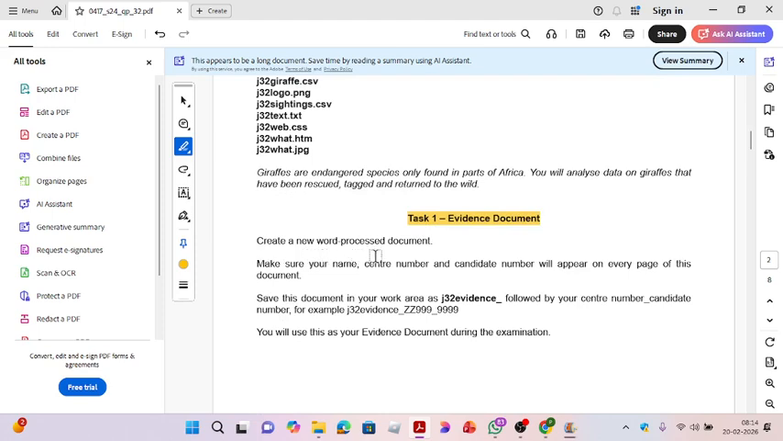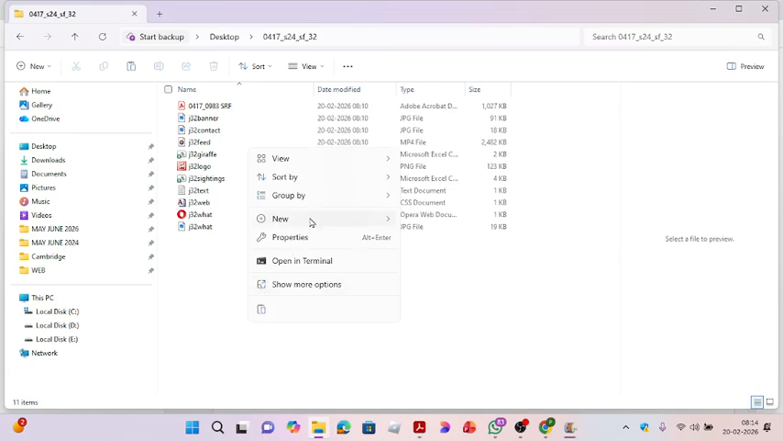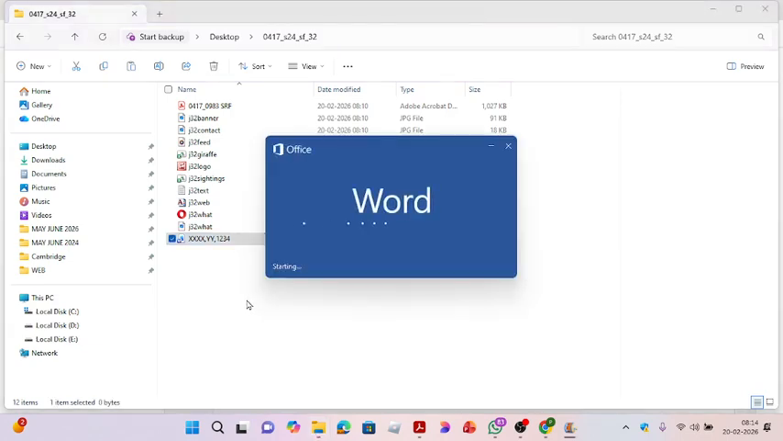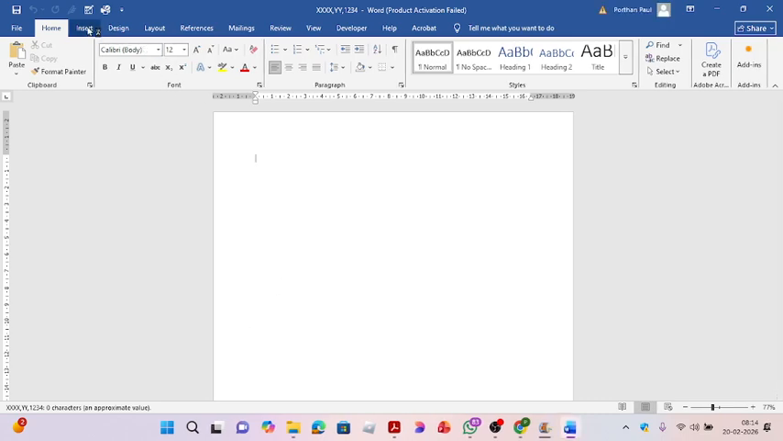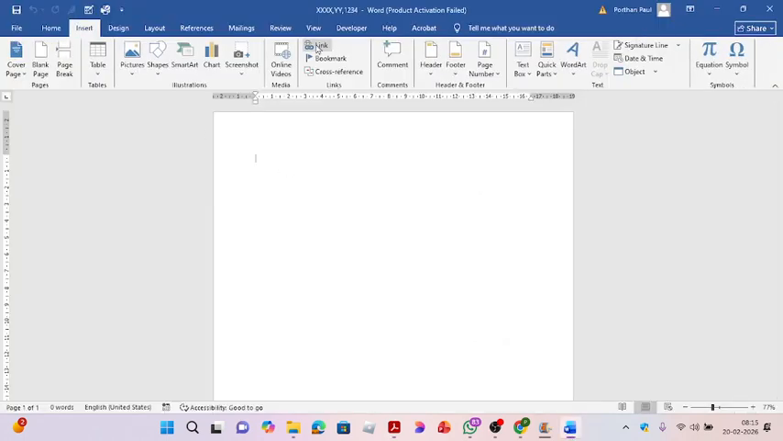Create a new word process document. So go to your folder, right click, go to the new Microsoft Word document, give your name, center number and your candidate number. After that they will ask, make sure your name, center number, candidate number will appear on every page of this document. So go to the insert, header,